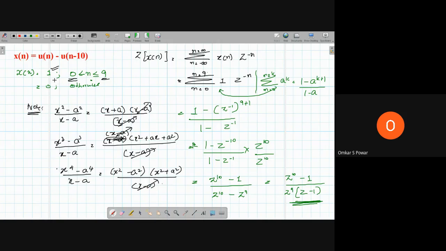What you want to understand from these three expressions is that if you express it in this form, x squared minus a squared divided by x minus a, you can cancel out this x minus a in the denominator. Observe here this equation, z to the power of 10 minus 1 divided by z to the power of 9 into z minus 1. This is similar to x to the power of something minus a to the power of something divided by x minus a. Your x here is z and a here is 1. Here it is 2, 2, 3, 3, so your power should be the same. So for z to the power of 10, you take 1 to the power of 10.